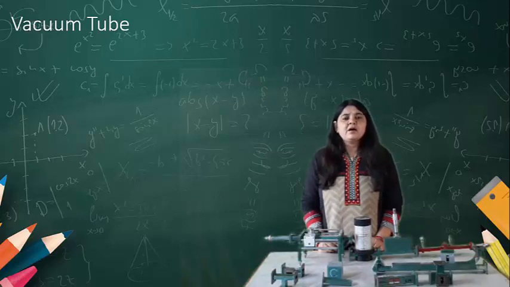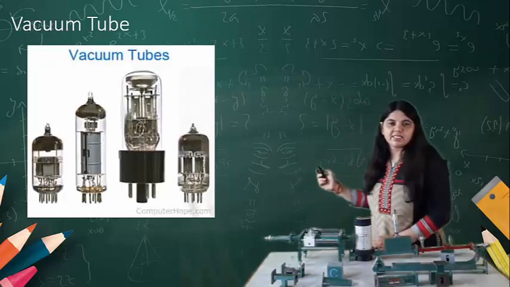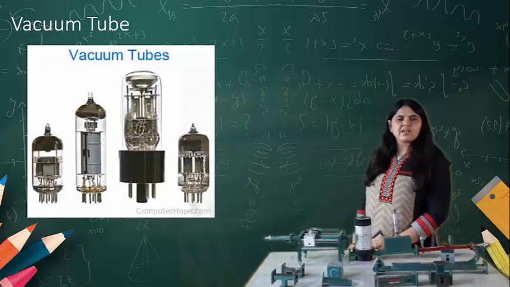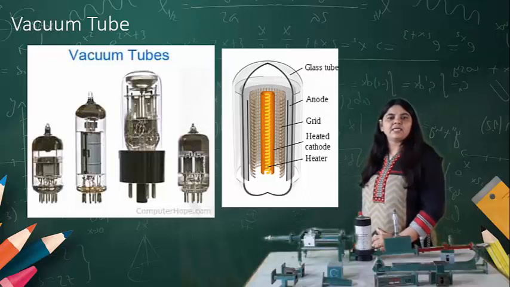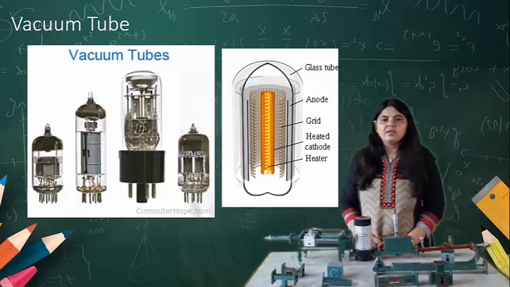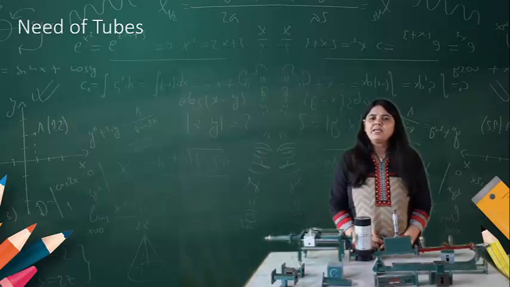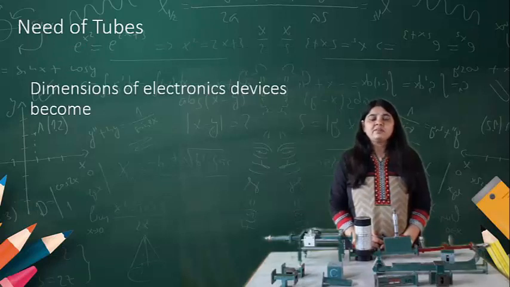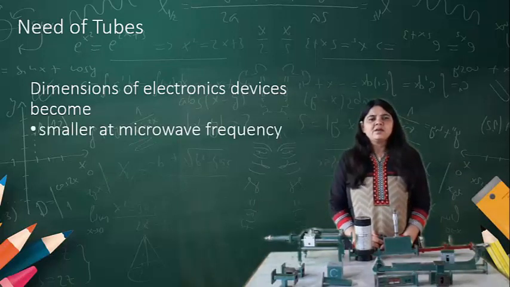This way, the vacuum tubes, very first you can see over here in the diagram. These vacuum tubes consist of the anode, cathode, grid, and the heater. Now what happened? The microwave has the property that we can generate heat, so that heating is used in a variety of microwave applications.